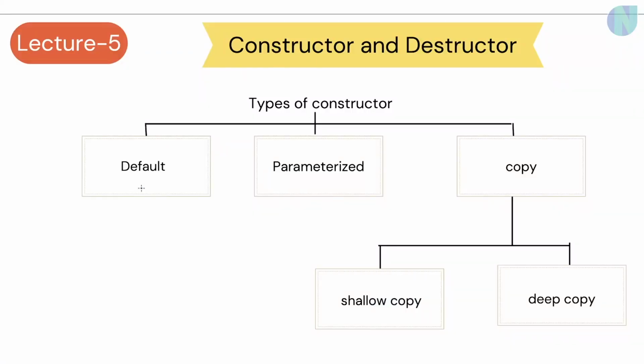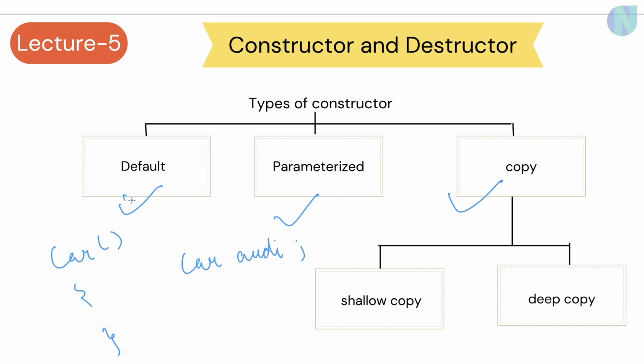So in the last video we learnt about the types of constructor like default, parameterized and copy constructor. So constructor is basically a method which is being called whenever an object is being created from a class. So consider this is a class car, and whenever we are creating an object of this particular class car, the constructor is being called. So as we can see that there are three types of constructor: default, parameterized and copy.